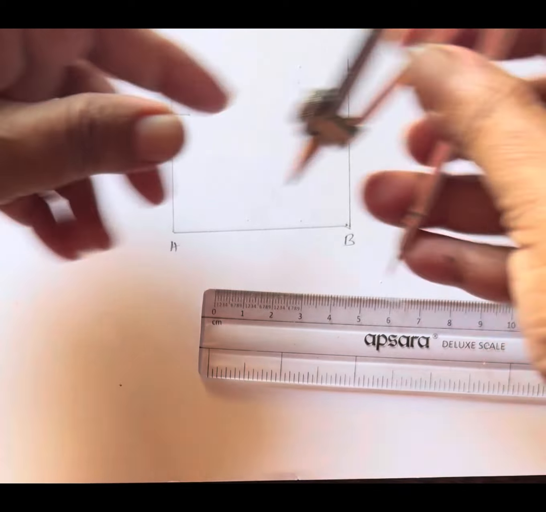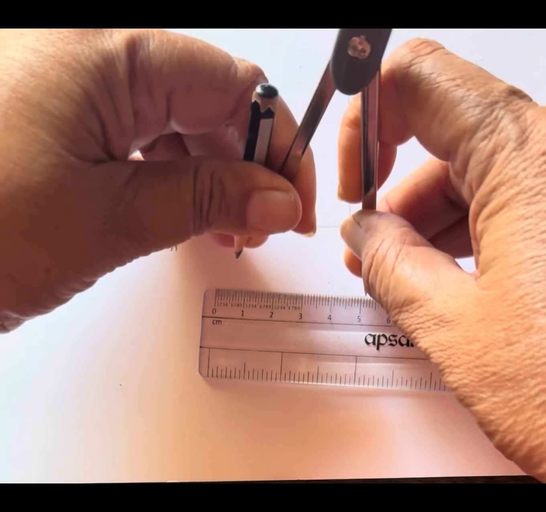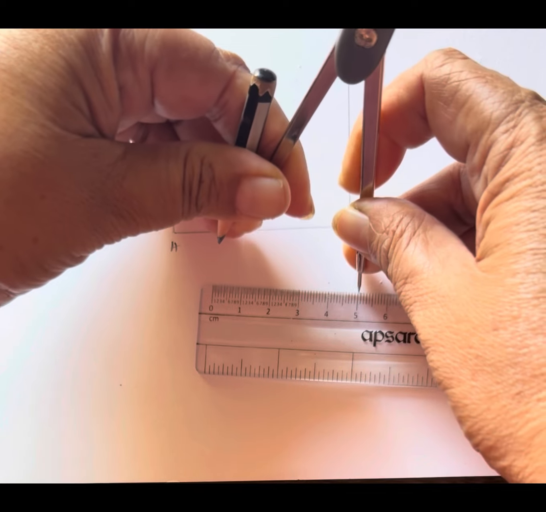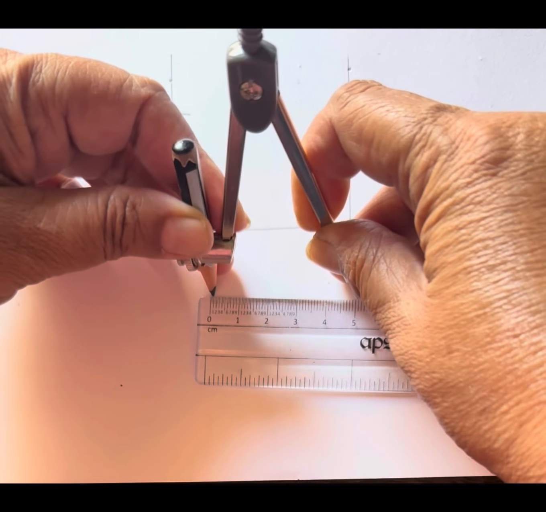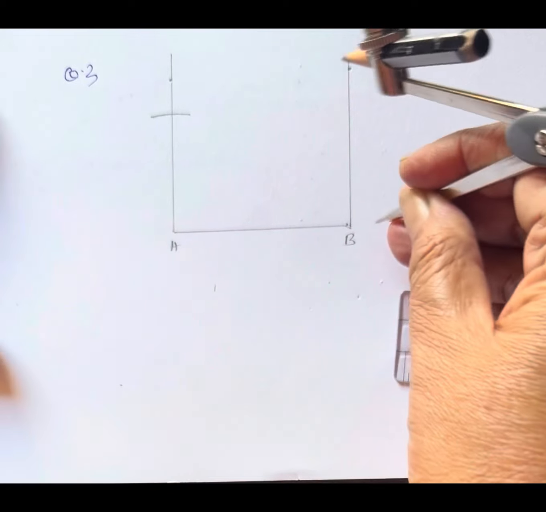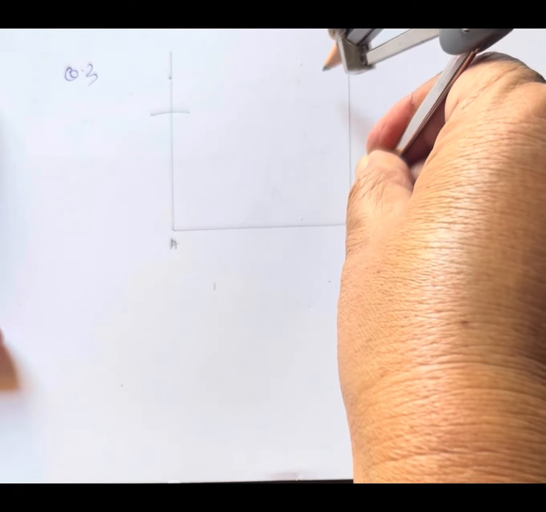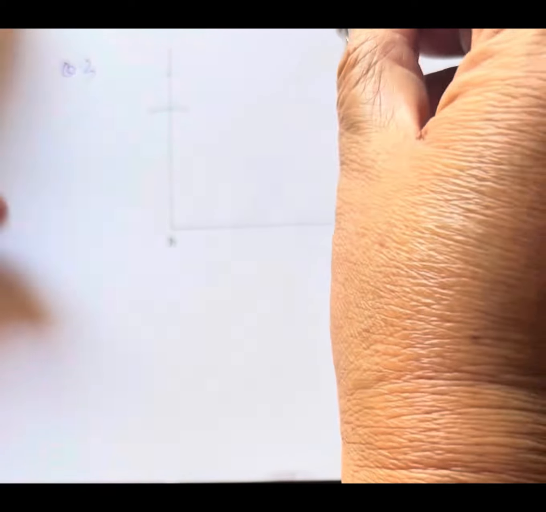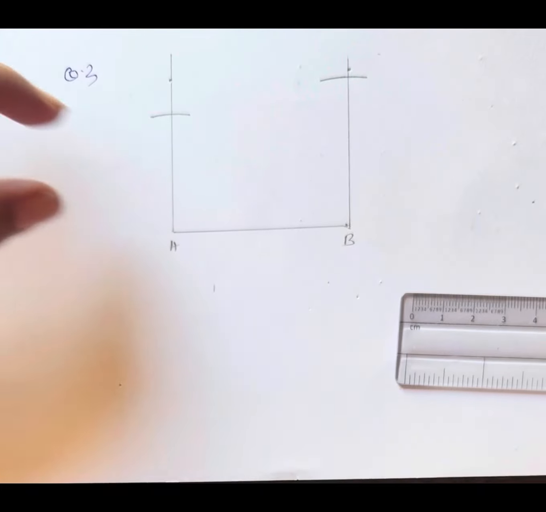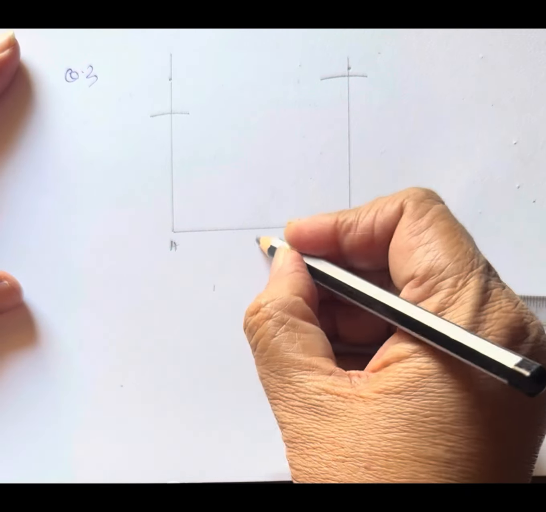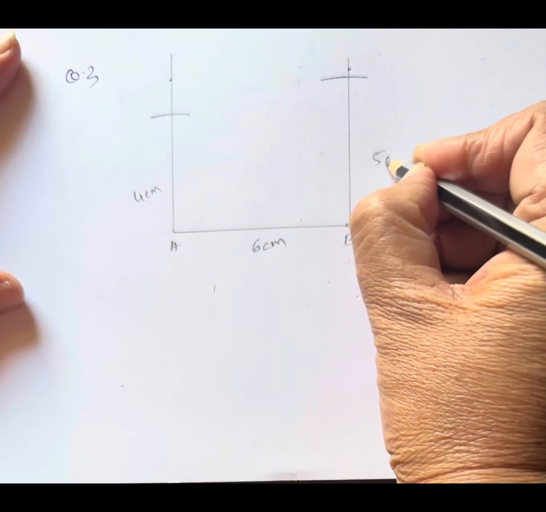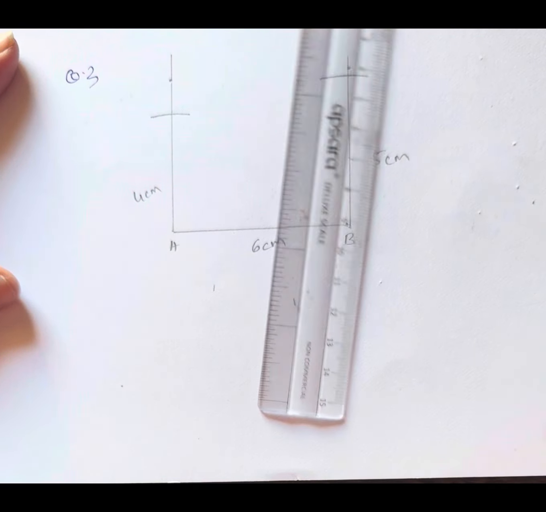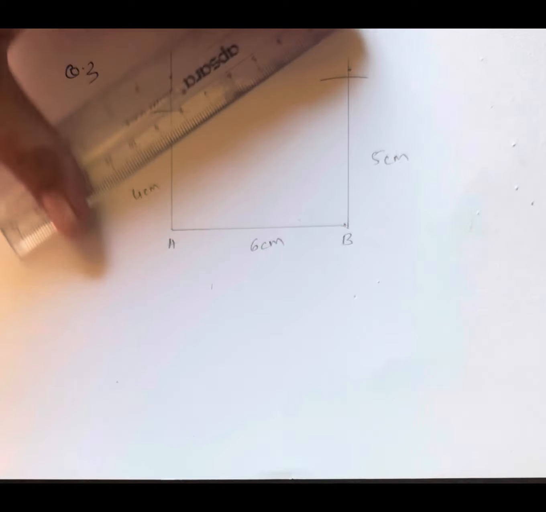And maybe this side we take it as 5 centimeter. So we keep B as a center, cut an arc. So this is 4 centimeter, this is 6 centimeter, this is 4 centimeter, this is 5 centimeter. So now if I join these 2 points,